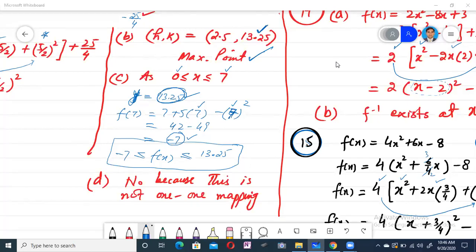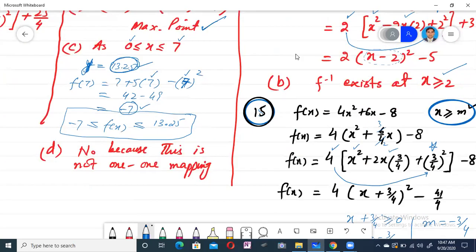If anyone has any doubt, ask me. Hurry up. But I also don't understand 2.2. If anyone has any doubt, ask me, okay? Sir, can you explain question number 15? The part from where you found the value of x. The x is greater than m.